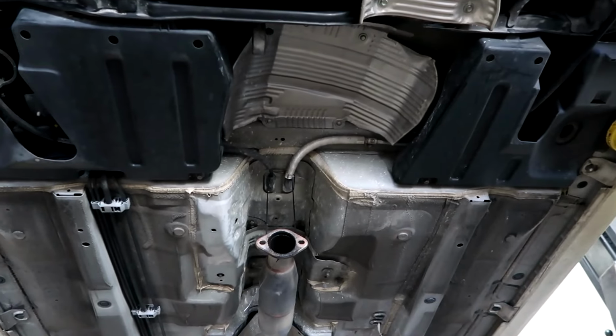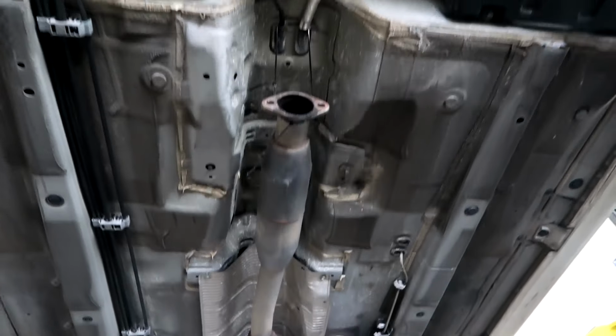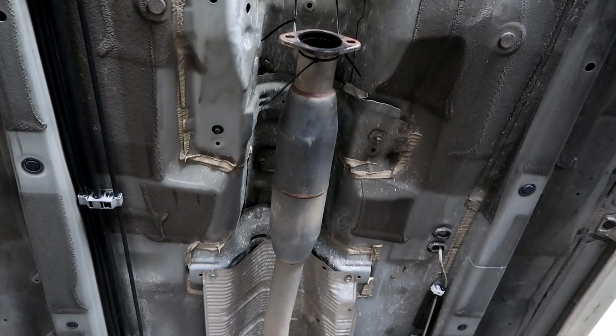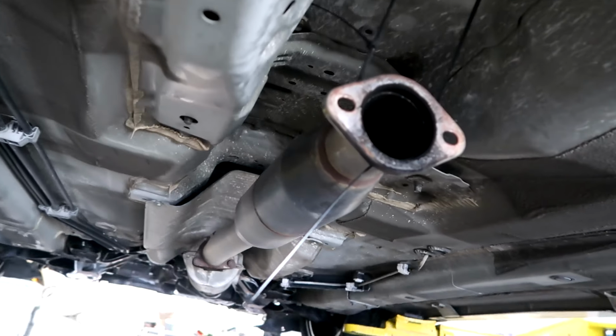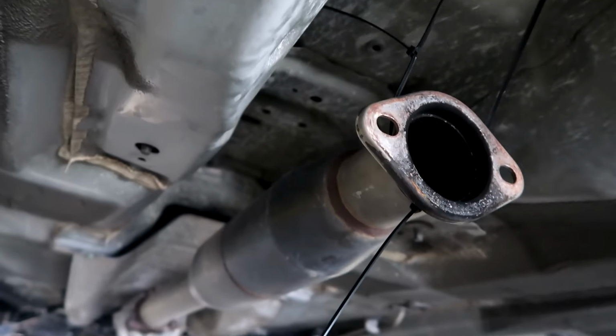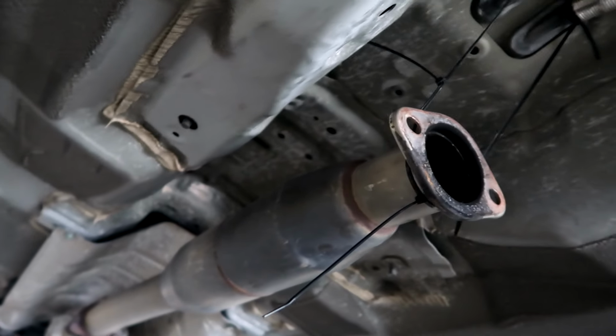So the only problem with making the middle piece this nice is that this part now looks even worse than it did. It wasn't very nice in the first place, but now we've made something so nice, it'd honestly be a shame not to just keep going and finish it, right? We're this far into it, we have the car on the lift, we have the parts and the ability, so